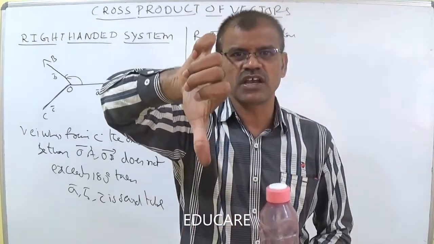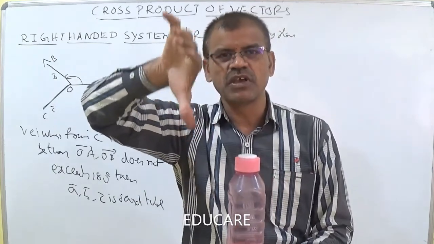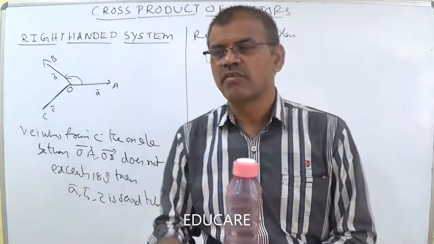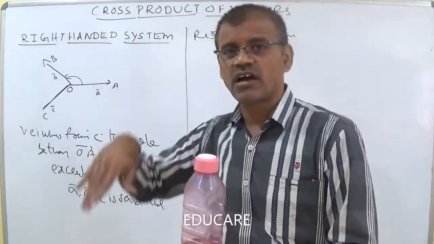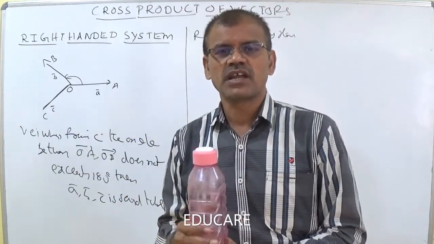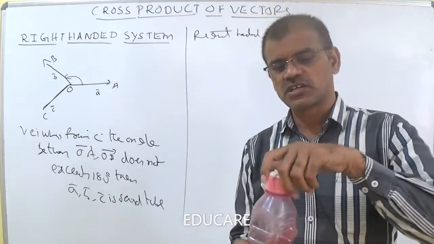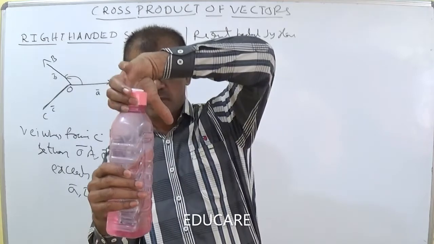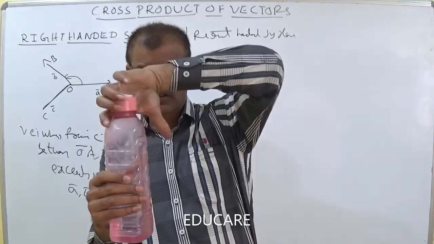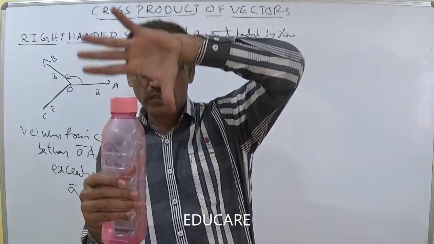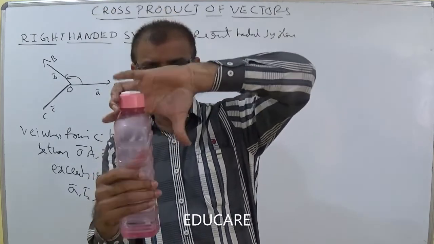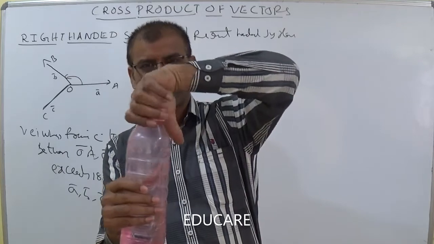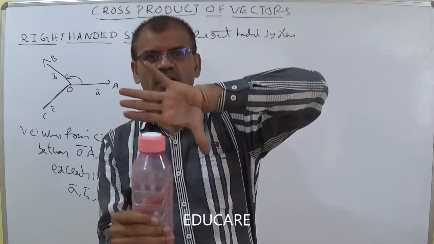We are using the right hand only, but it is a right-hand system whenever the angle is in the anti-clock sense, and a left-hand system whenever the angle is in the clock sense. Use this one also, you can understand. Now use this one, close like this. Observe the thumb. Now the vector is going in the negative direction. The angle is in the negative direction, so it is said to be a left-hand system.